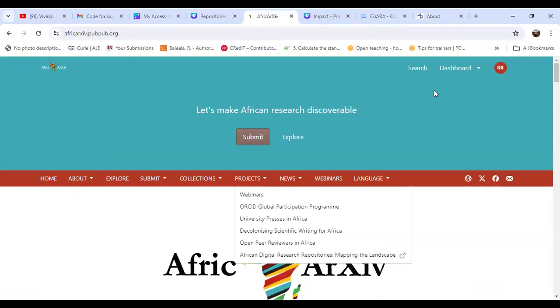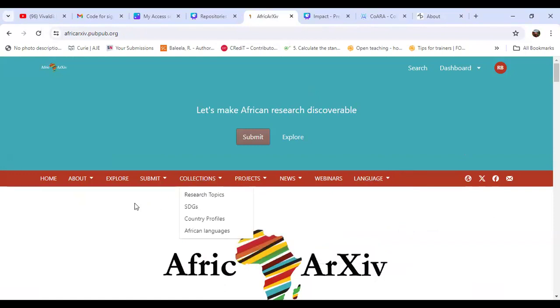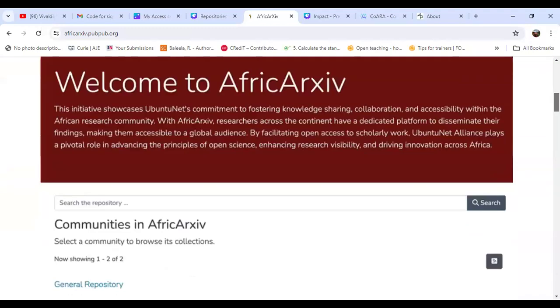The other good thing they're doing, they have good ties with Ubuntu Alliance. Do you know the Ubuntu Alliance? Have you heard about it? Yes. So in the last month, they developed this Ubuntu Alliance based collection